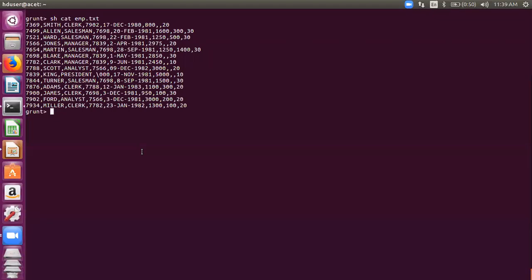Okay, so let's see now. Let's load this file. It would be fun because we can do a lot of analysis. I'll use some filter commands with this first. So I'm going to load it without a schema, of course. We'll use $0 today. So let's take emp as the name. That would be more meaningful. emp is equal to load, then the file name is emp.txt. Obviously comma separated, so using PigStorage, and then a semicolon.